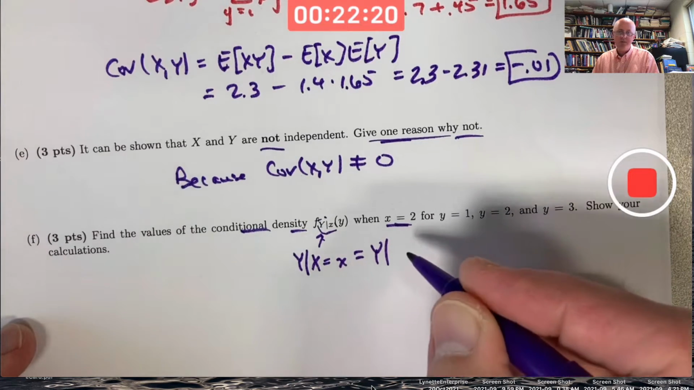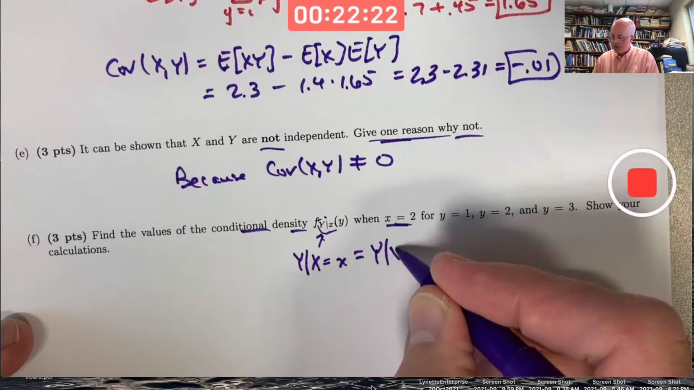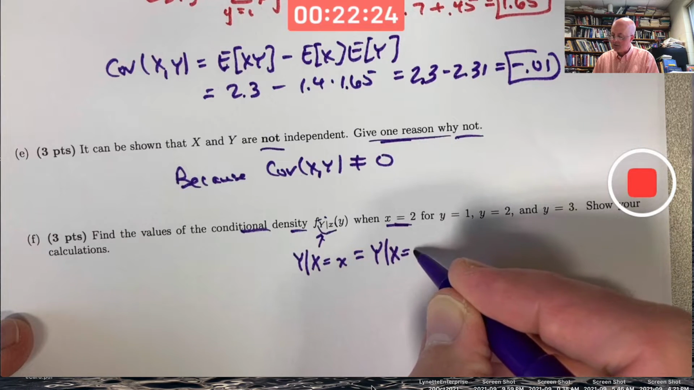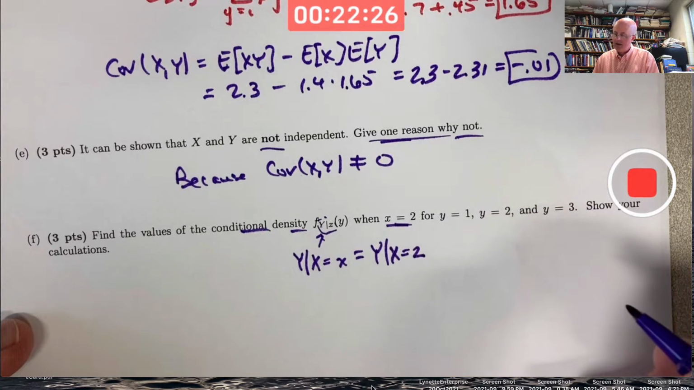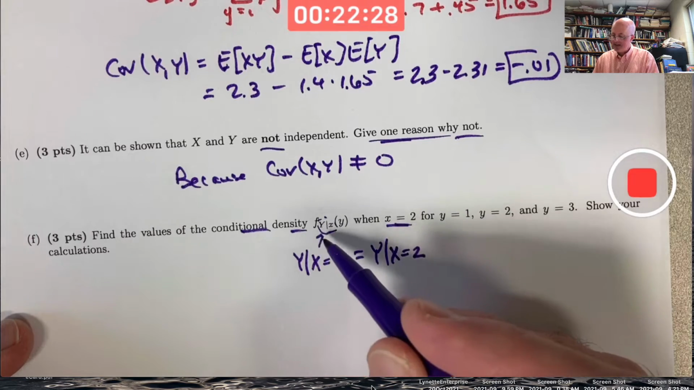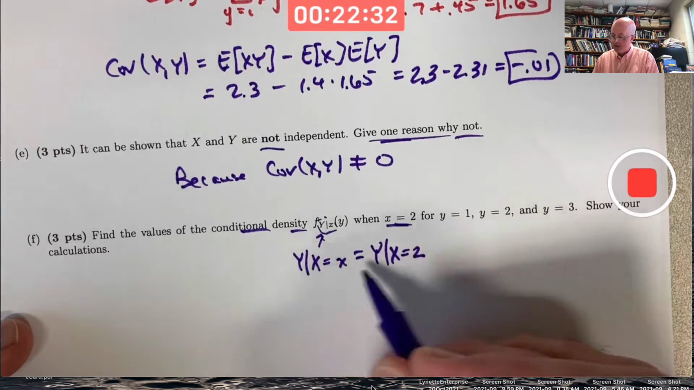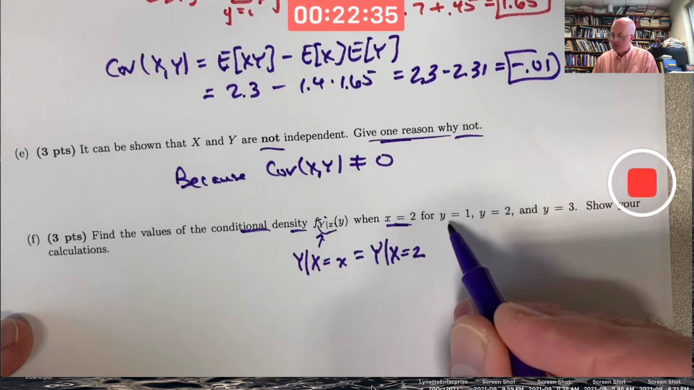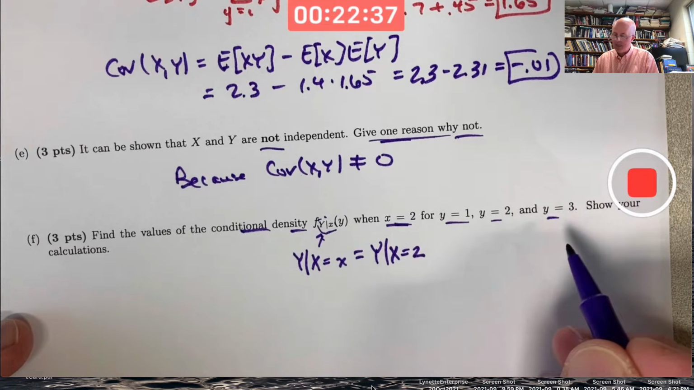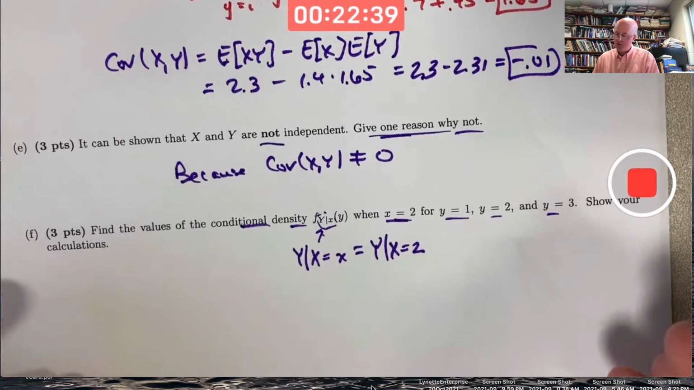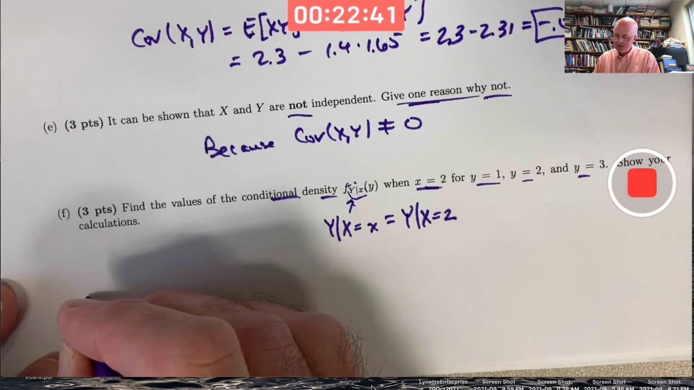What's the conditional random variable for y when capital X equals the value of 2? It's a conditional density, really a PMF, probability mass function, for that variable that involves y. We want to evaluate this for y equals 1, 2, and 3. What do you need? Well, you need the formula for it. The formula is, in general,